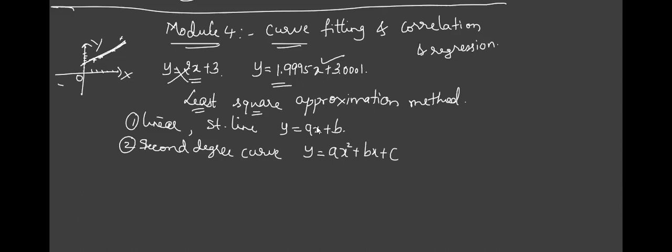This is quadratic. If this was 0, we would have taken it as a quadratic equation. But this is like a curve, y equal to. So you can just call it a second degree curve. And the third one, we are going to fit an exponential power curve. We'll call it y equal to a into x raised to b, or maybe y equal to a into e raised to bx, or y equal to a into b raised to x. So the third part is a power curve.